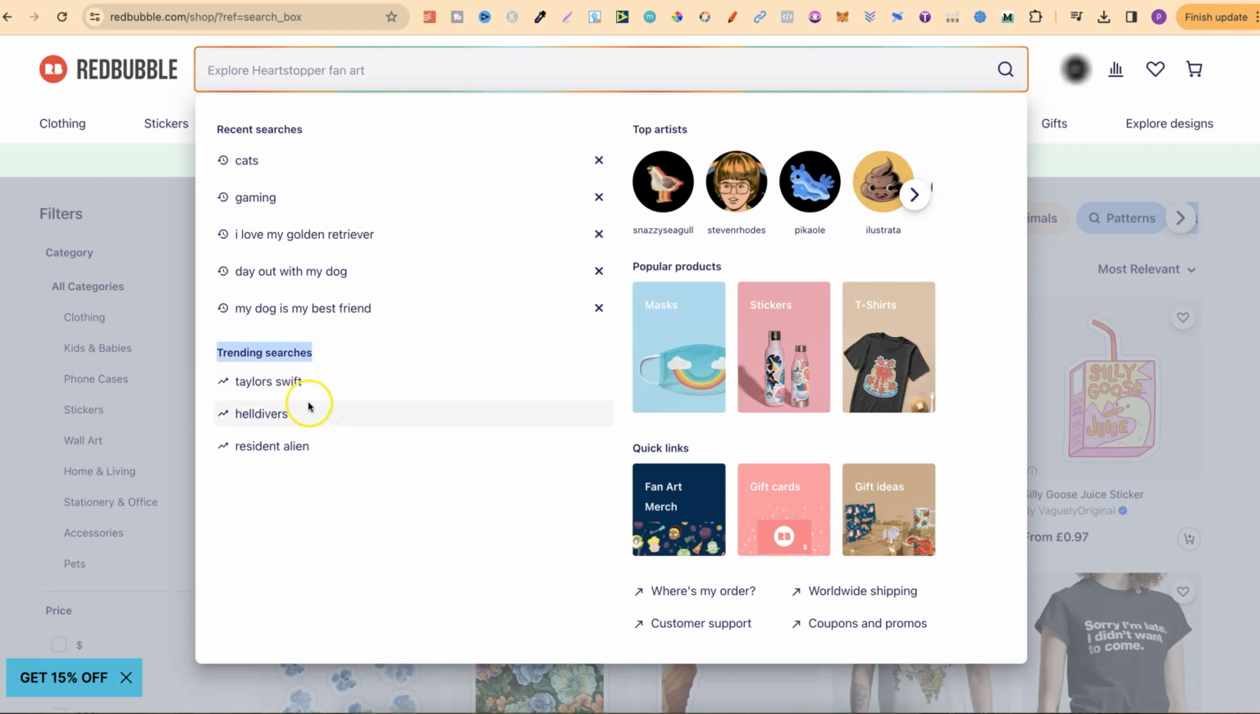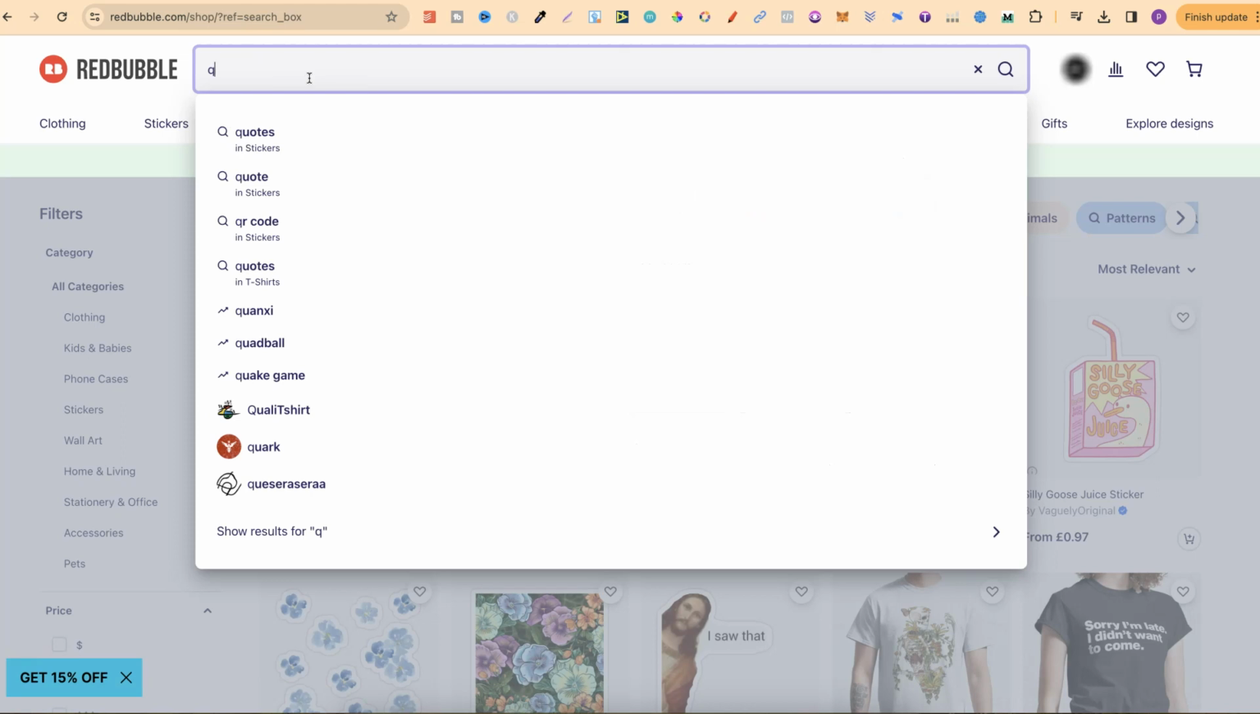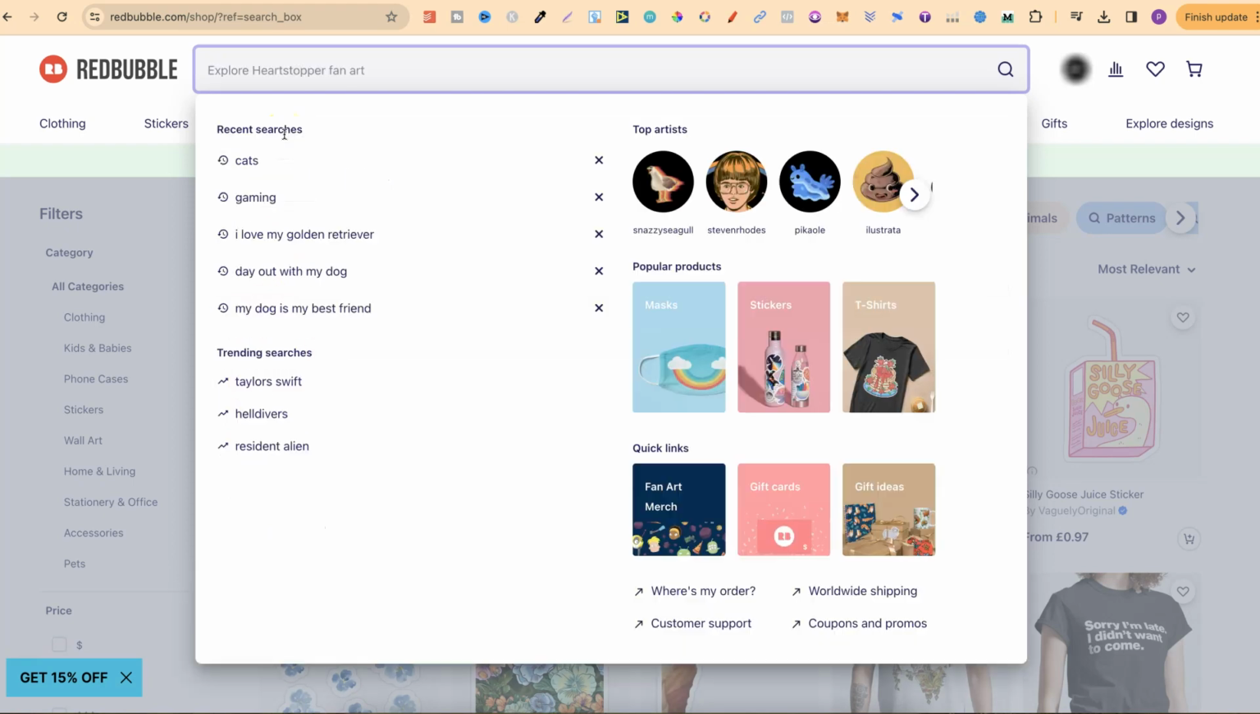So right off the bat, we can see that Taylor Swift, Helldivers and Resident Alien are all trending here on Redbubble. Now, if you want to find more, all you have to do is go through the letters on your keyboard and you will find more. So if I type in Q, we can see down here, I can't say that word, but Quadball, Quake Game, these are trending. Now, if we do W, we can see Wonka Bar, Watercolor, Water Boys, and if we continue